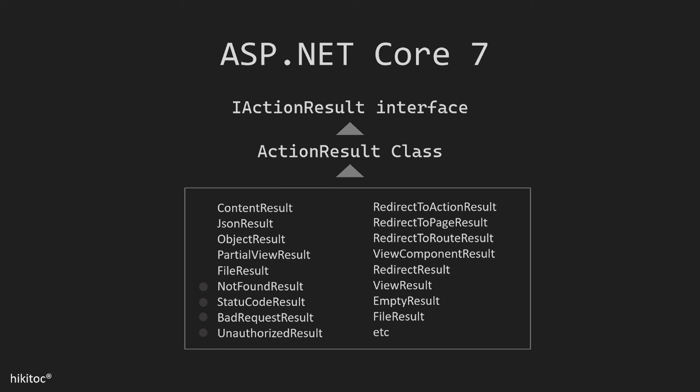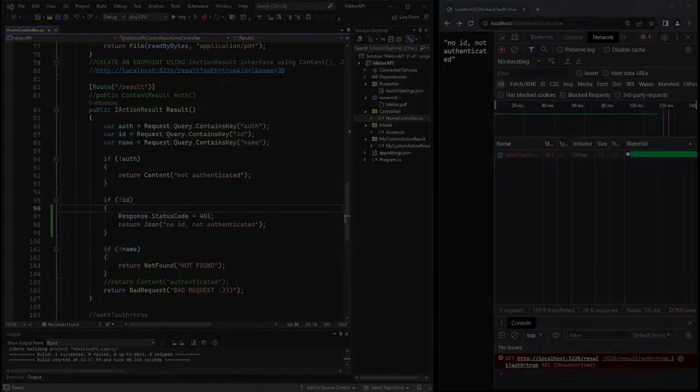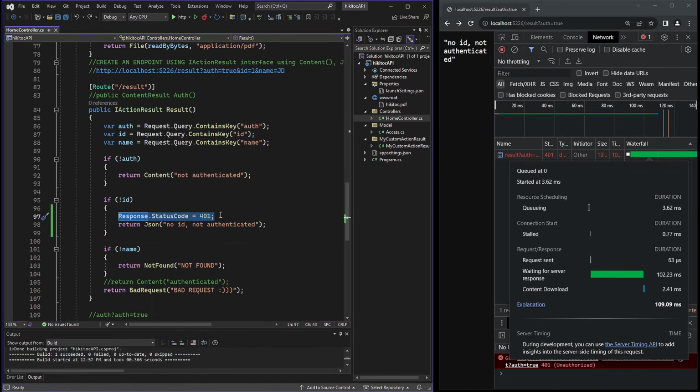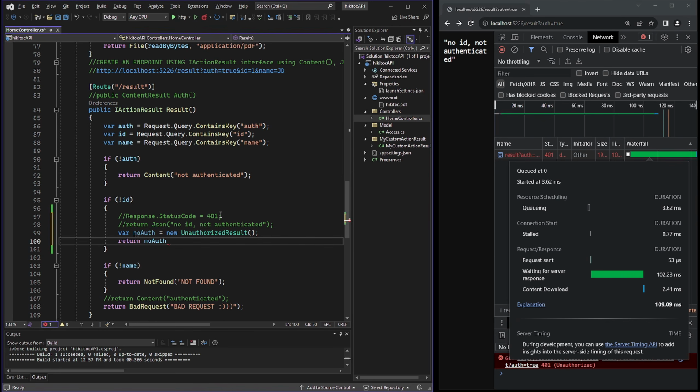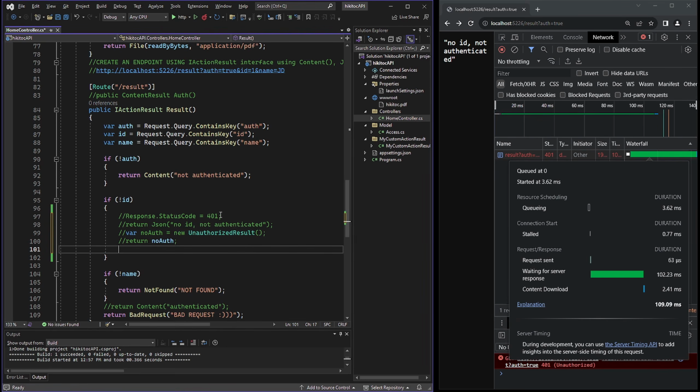Which is why we have StatusCodeResult available. It acts as a placeholder for any other codes we might need. In our code, we have set a status code using response status code. Likewise, we can use the UnauthorizedResult class in this situation to make this code cleaner and easier to understand. Furthermore, instead of creating a new class instance, we can use the method directly, making the unauthorized code more concise